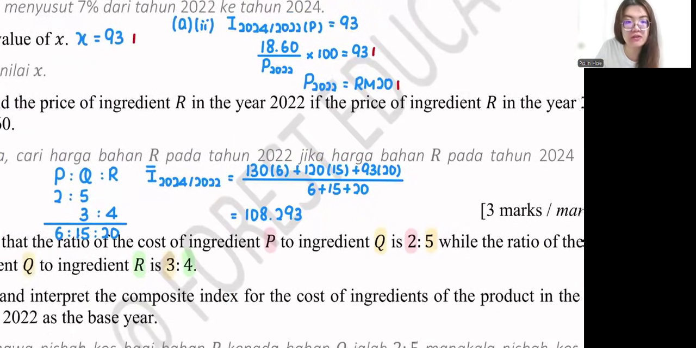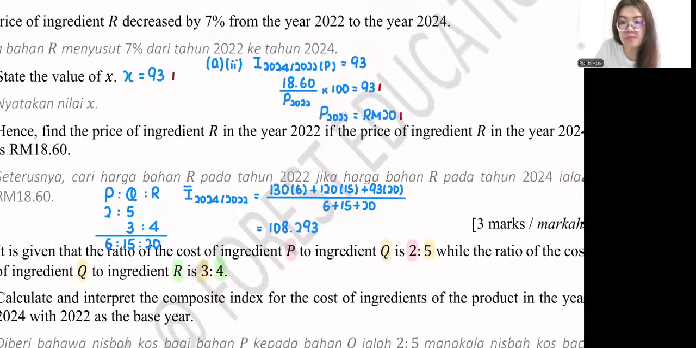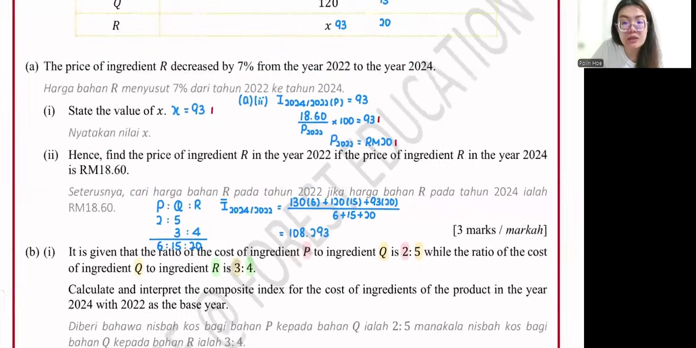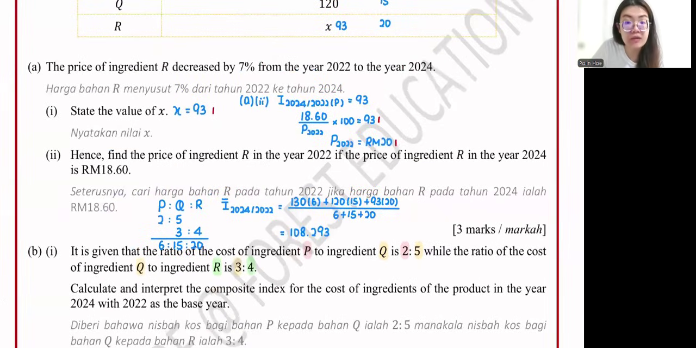你再看回去它的题目。Calculate the composite index. The question wants you to interpret. Interpret, you have to write increase by how many percent or decrease by how many percent. 所以在这一边 after I minus 100%, I'm left with 8.293, and that's the 4 significant figures that I want. 它是我要的 4 significant figures. You need to know how to twist your mind. 你要会这样去想。